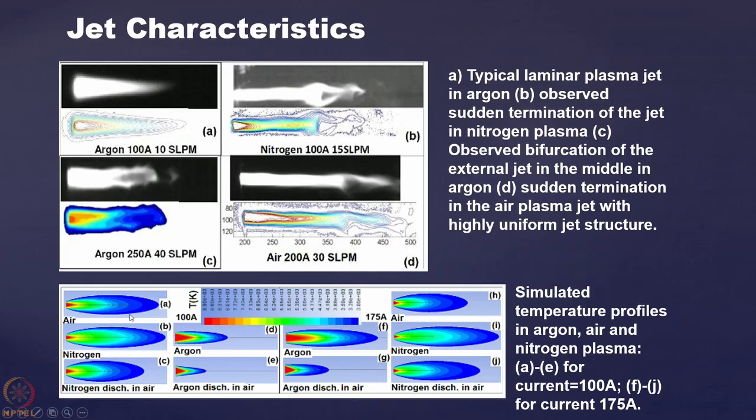Now what you are understanding from this is that when I am making a discharge, the discharge may be in the same kind of gas. Suppose we are making a discharge inside a chamber, and initially you have evacuated the chamber and filled it with a certain kind of gas. Suppose argon plasma, then I have filled the chamber also with argon gas, so argon is discharging into argon. That is one kind of behavior, and in another case argon is coming out from the device and discharging in open air, so the argon plasma is now interacting with the air. So the behavior of this plasma jet becomes different when the medium in which the plasma is discharging changes. That also matters.